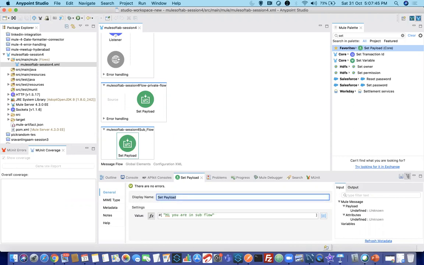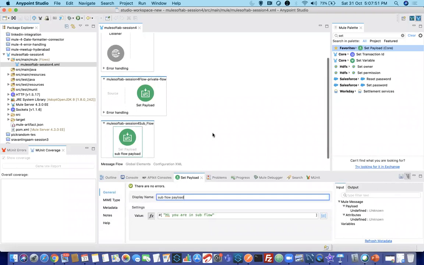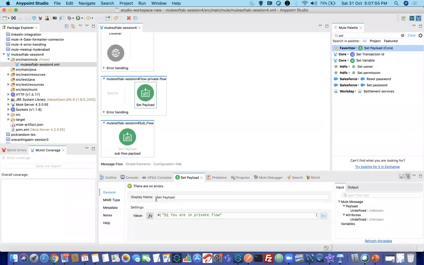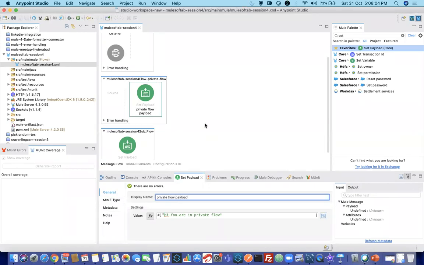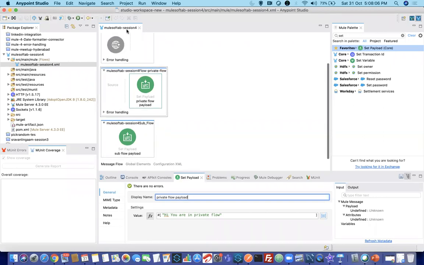So what I'm doing is naming it subflow payload, so that you can see what it is here. It's best practice. It is not mandatory, but it is a best practice. Private flow payload.